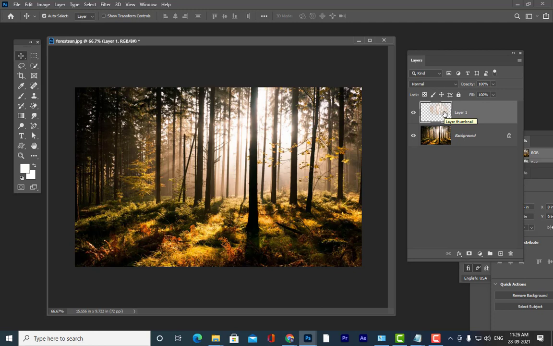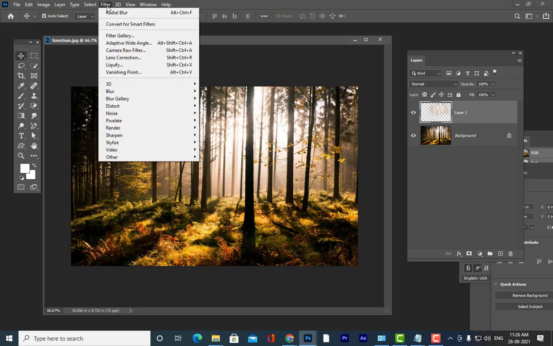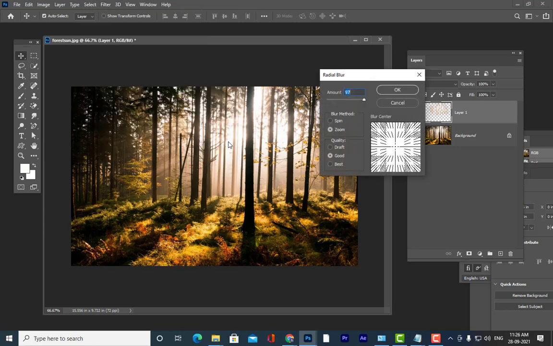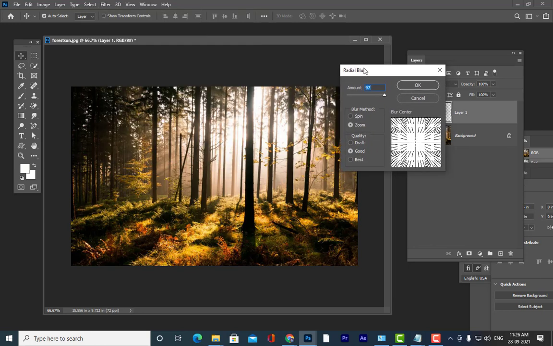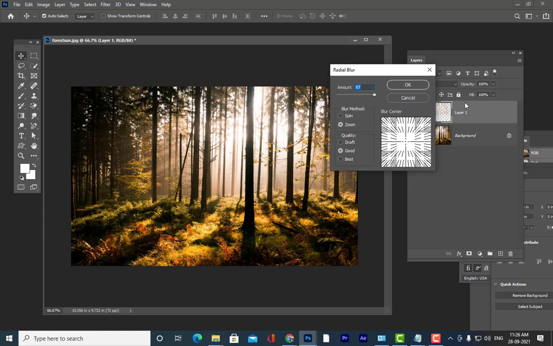Now what I will do is apply a filter. What is that filter? Radial blur. I am going to apply a radial blur filter. Filter, Blur, Radial Blur. Here we can change the direction of the blur.